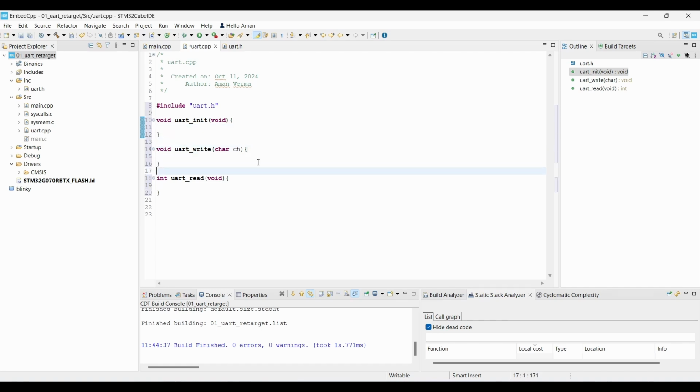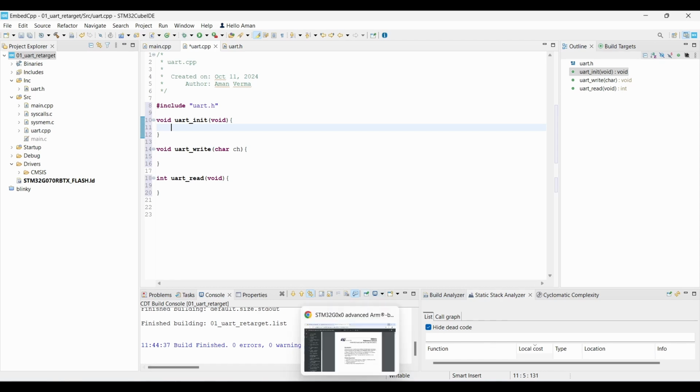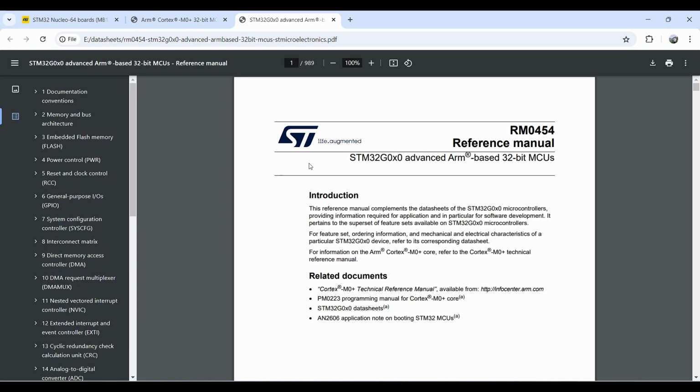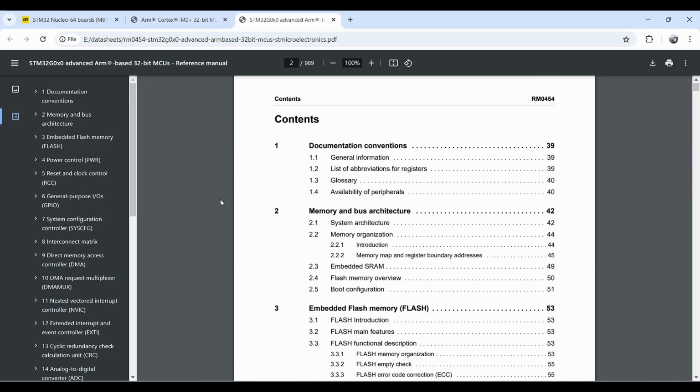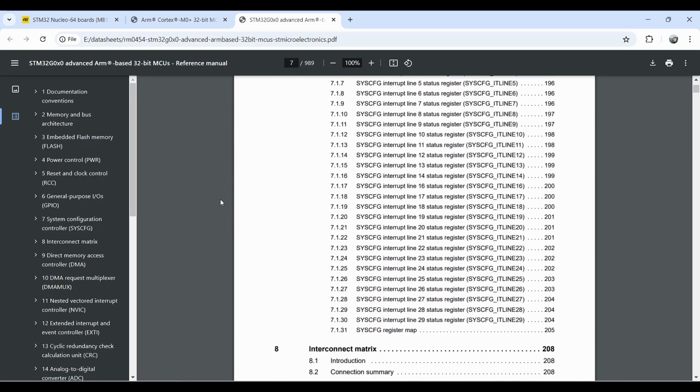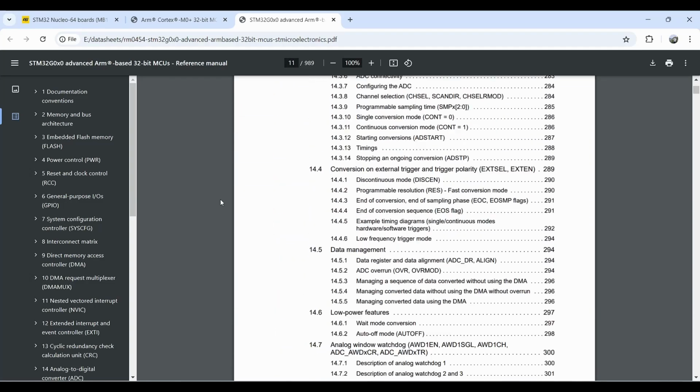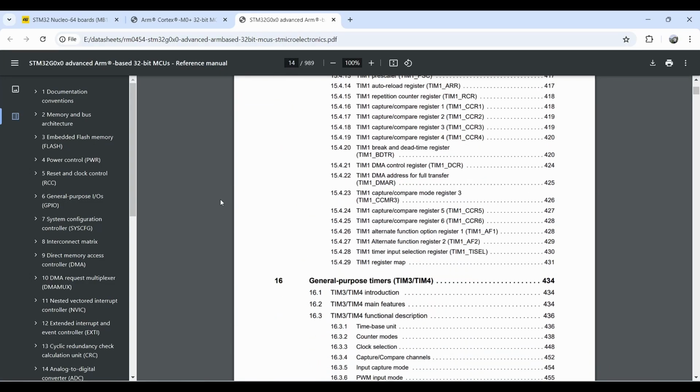First of all, to initialize our UART using CMSIS, we need to enable our GPIO clock and the UART clock. Okay, so before that, how do we enable the clocks? First, let us see the datasheet and the reference manual. So here is the reference manual that I have already opened. And in the reference manual, if you go down,